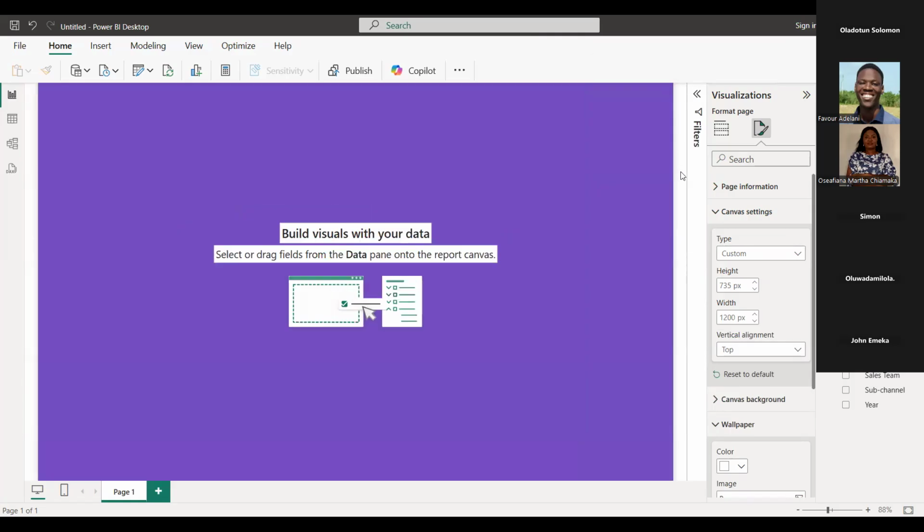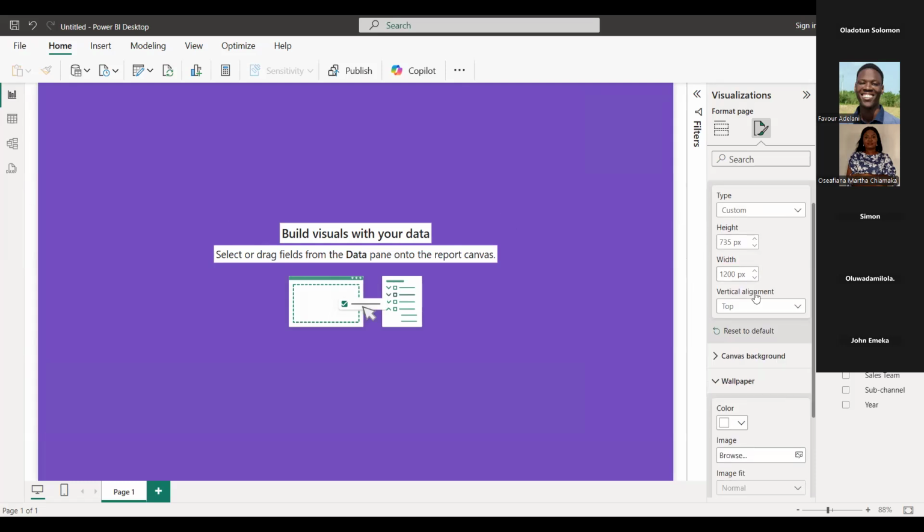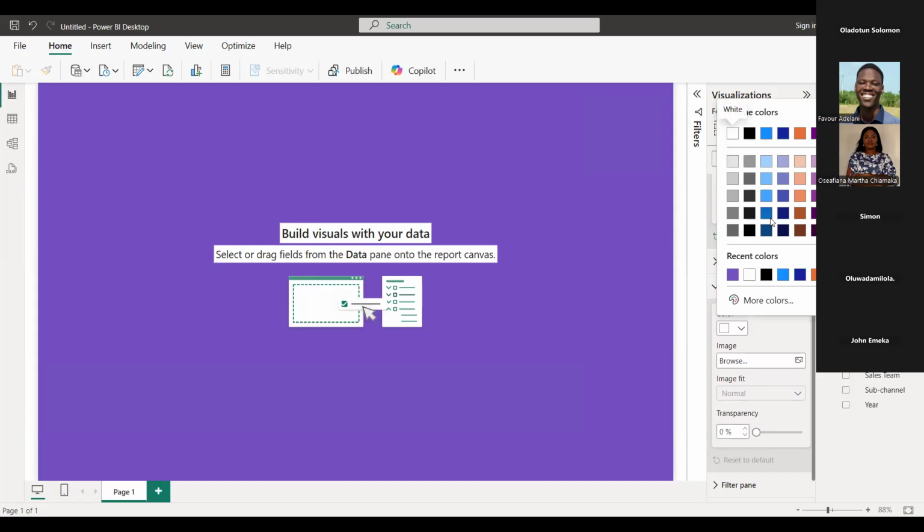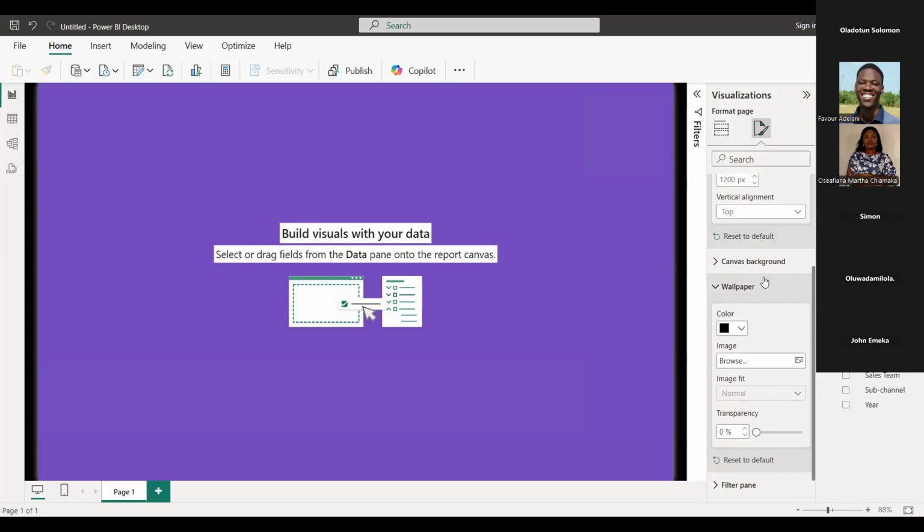Now, do you notice that right behind this purple, there's still a space to the right and to the left that it didn't fill up because I reduced the ratio. So I'm going to come to wallpaper now. Let's now change the wallpaper color. So from what I just changed, can somebody tell me what they think is the difference between wallpaper and canvas background?